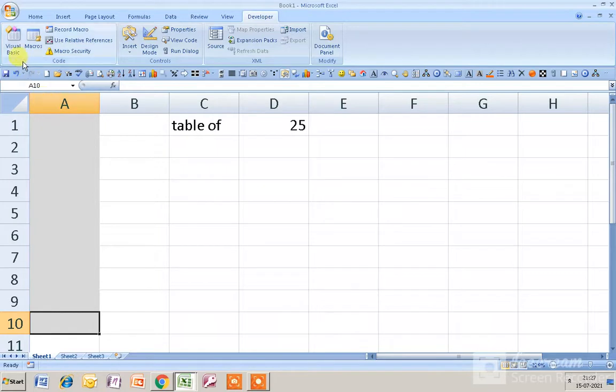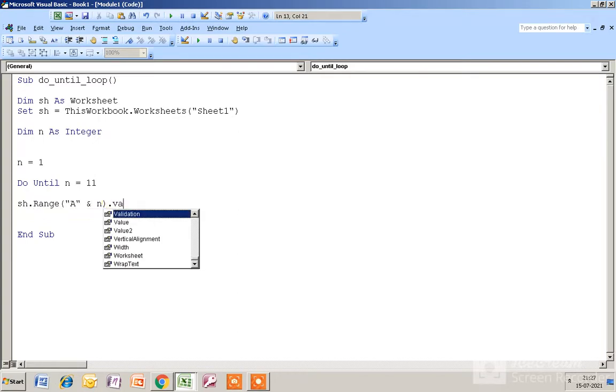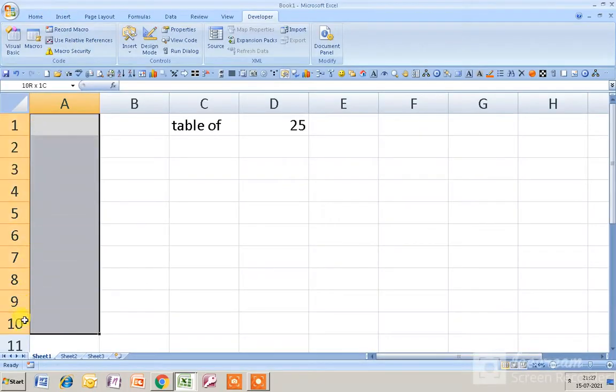Okay, so I give Do Until n = 11, and then sh.Range("A" & n).Value = n. What is n? N means the row number, that is row number 1 to 10.